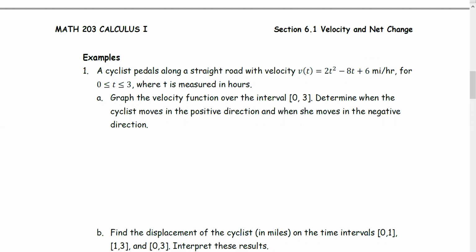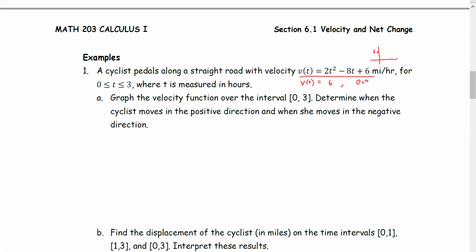For the function v of t equals 2t squared minus 8t plus 6, this is a parabola. We observe that the parabola opens up. Let's find the y-intercept. V at 0 is 6. For the x-intercept,